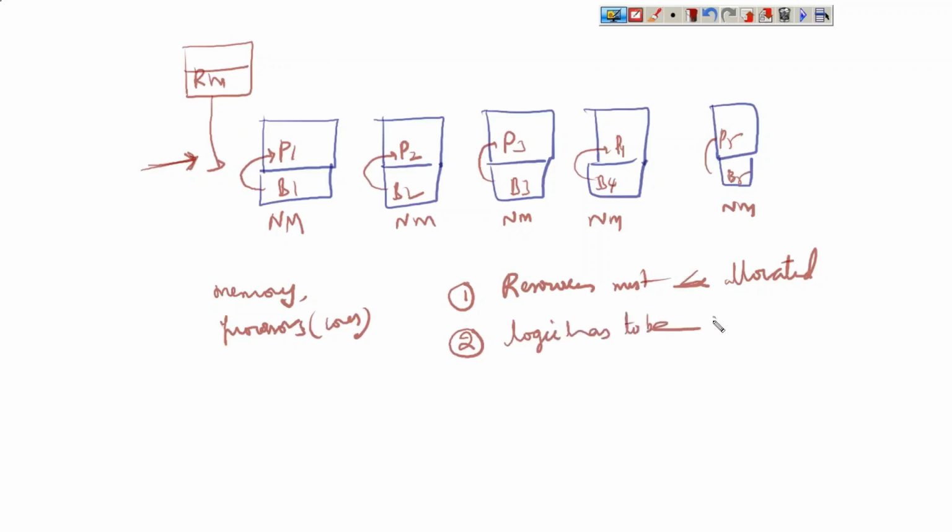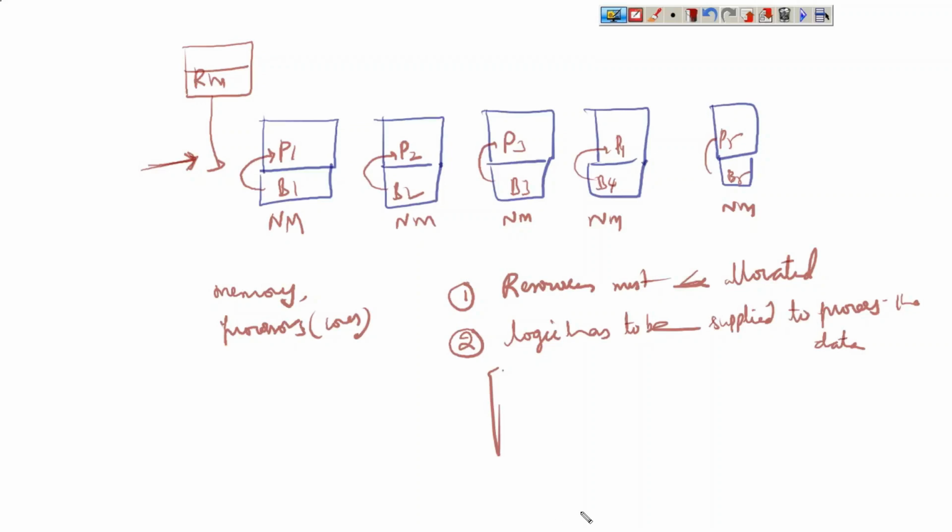Logic has to be supplied for what? To process the data. That's it, right? The data gets processed. Okay, there's no problem. The remote resources are there, but unless we have the operations to perform, we can do nothing on the data. So that logic, or the operations, has to be supplied to the process that will process the data. Who is going to provide that? That will be provided by the master process of the application called the driver.